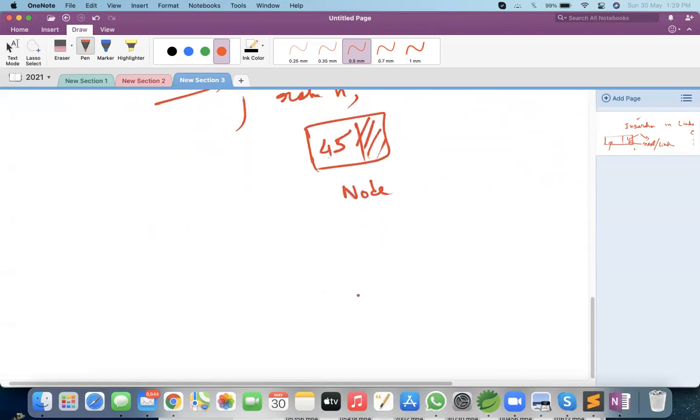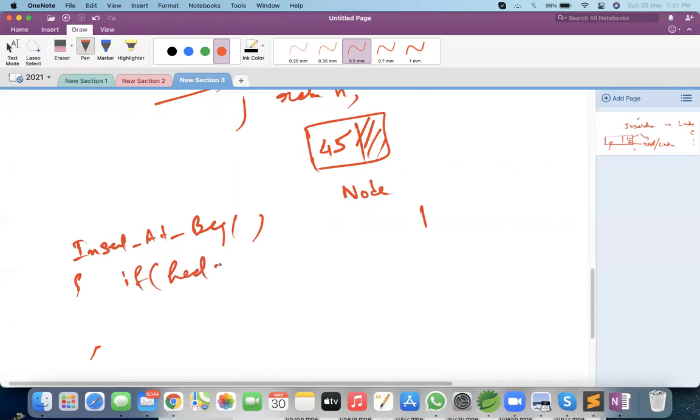Fine. Now we will do insert at beginning. Let's assume head is equal to null. It is also possible that your entire linked list is empty and I call insert at beginning.